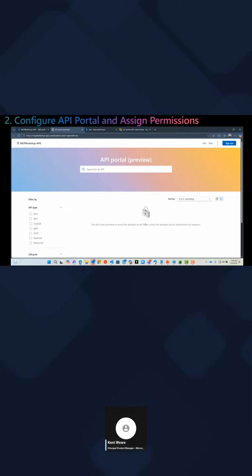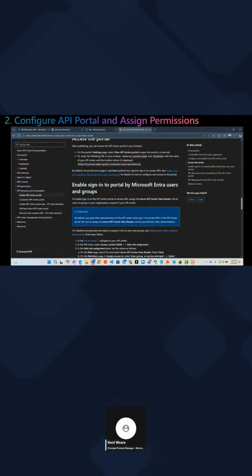The reason is that there are some permissions we need to establish for any user that wants to access the API portal. Now, in the docs, we can see that we need to assign the API Center Data Reader role to people that want to use this particular experience. So I need to do that for my user.